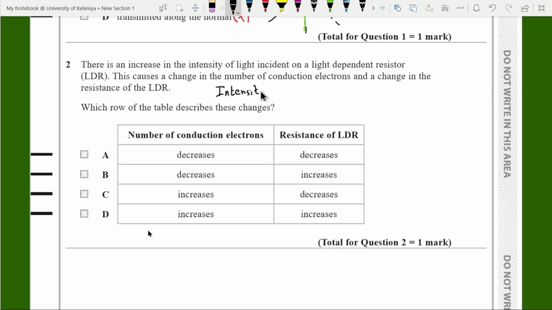If the intensity is increased, then what will happen? What is the meaning of intensity? It is the number of photons per unit second. I hope you remember the photoelectric effect. So it is the number of photons per unit time. So the number of photons